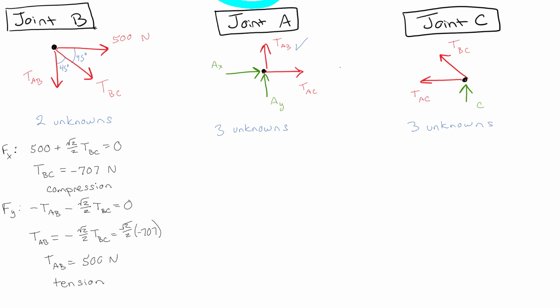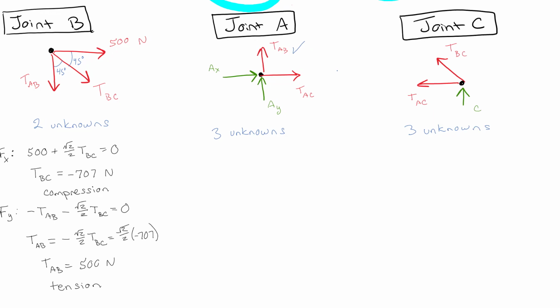All right. So let's go ahead and go over to joint C. 3 unknowns, but now we know TBC. So that means that we're now down to 2 unknowns. All right. So again, we're going to take the sum of the forces in the x and the y direction, and whichever one you want to start with, it doesn't matter, especially in this one. I think they're both going to work out just fine. So again, if we break out TBC,